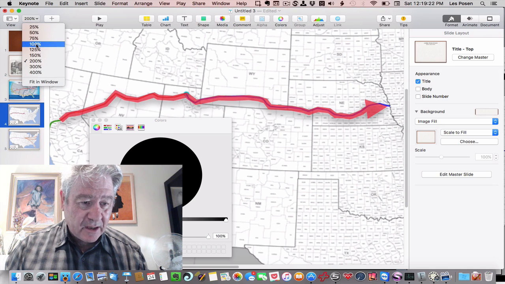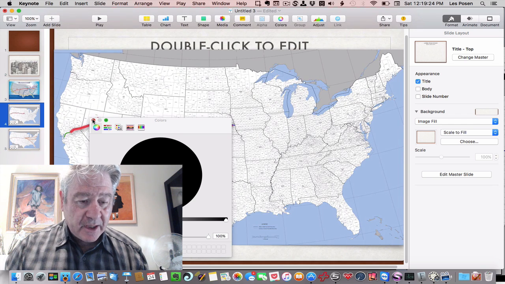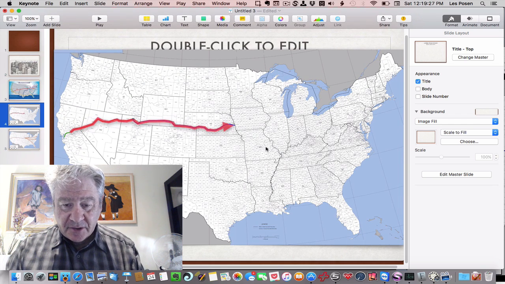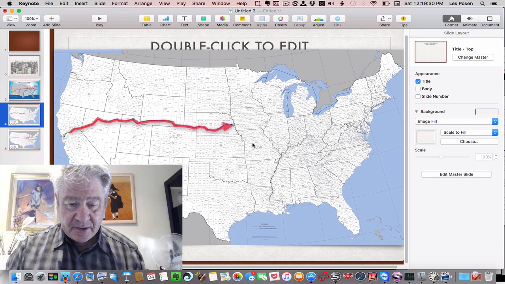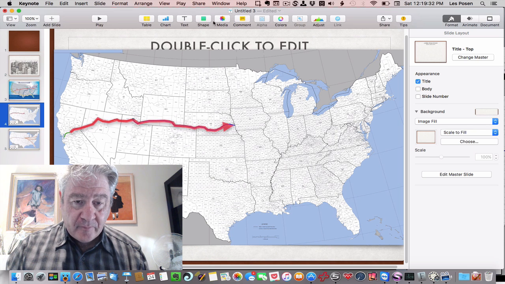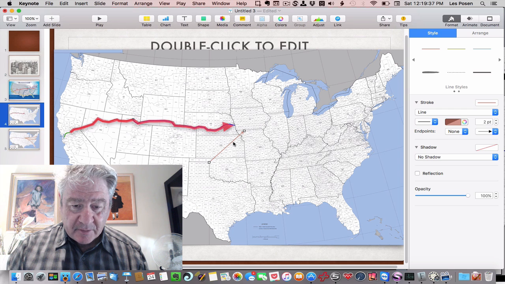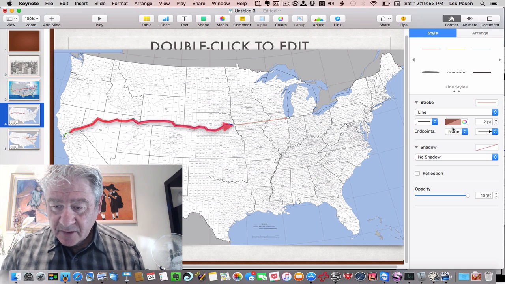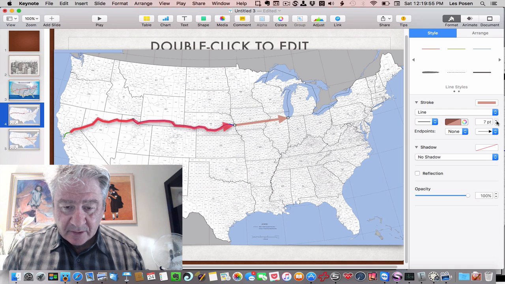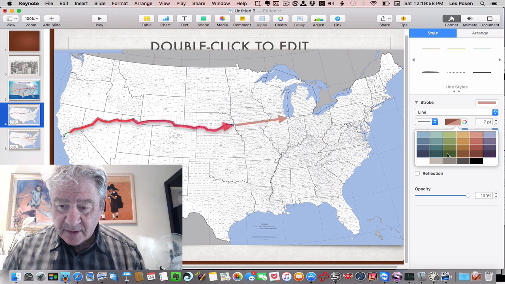Let's go back over to here, because what we want to be able to do is shoot some arrows across to these areas. And so what you can do is take the shape, and we're just going to take the straight arrow for the time being. And let's head it somewhere near Chicago. Pardon my lack of knowledge of US geography, but let's just say it's there somewhere. I might be wrong. Okay, and we'll do this in slightly different colors. We'll still thicken this up a little bit. There we go. And we'll just change colors into, say,